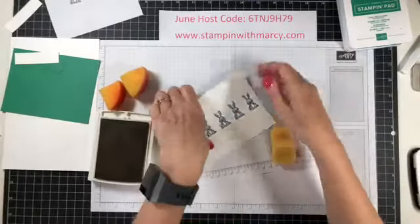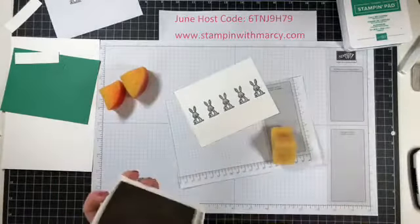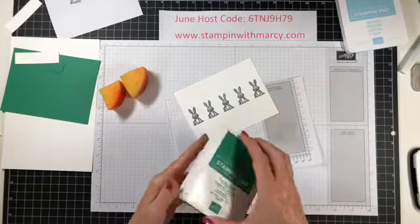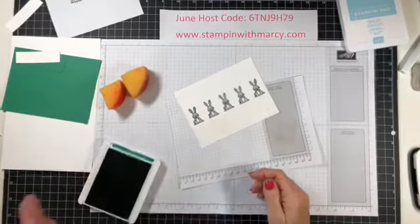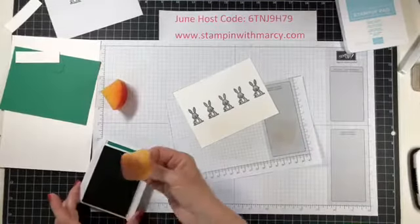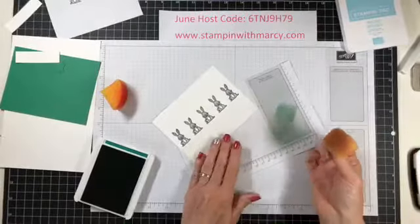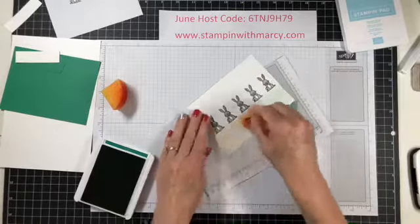Just like that. So you can see that it's just a very light hint of it. So I'm going to close that ink pad up and put it away. And then I'm going to come in with the very dark and vibrant Call Me Clover. So this one you really have to be careful and dab off because you do not want a big green. See, look at how dark that is. So I'm going to really dab off quite a bit till I get quite the light look, and start off to the side and just